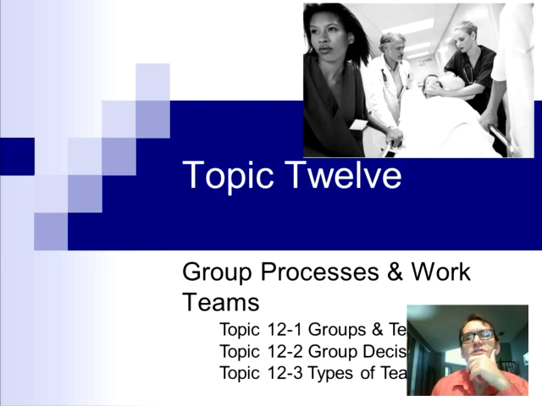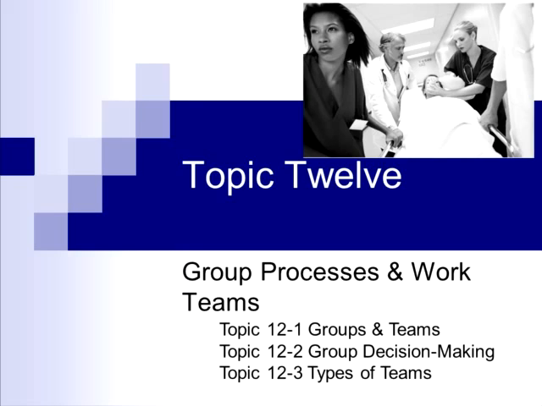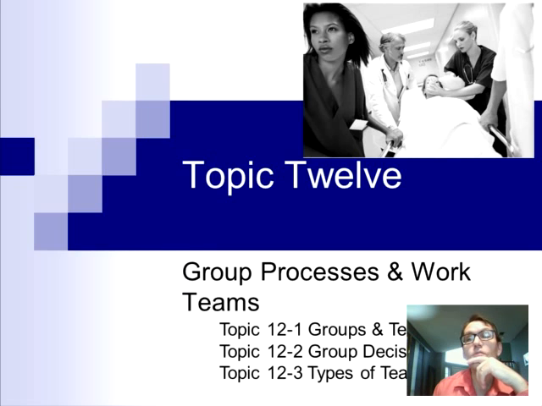All right. Today we're going to start talking about groups and work teams, and this will draw heavily on social psychology. That's for darn sure. In particular, this first portion of this presentation covers groups and teams and influences on groups. Then we're going to move into group decision making, and we'll talk about it fundamentally. Are four heads better than one? I mean, if you put one person together to make a decision, do four people coming together make a better decision? Okay, powerfully important question. And then the last portion of this particular slideshow will be different types of groups and teams that are created